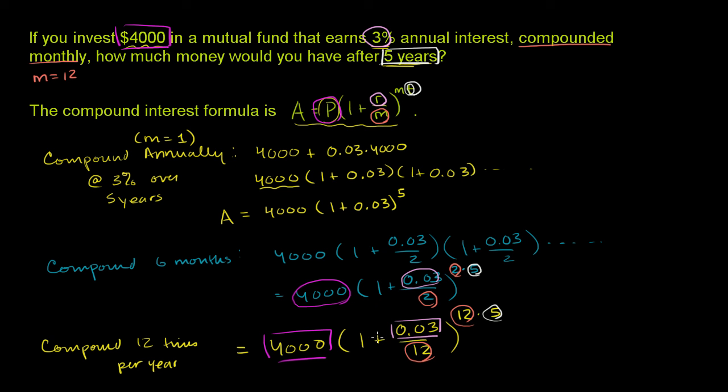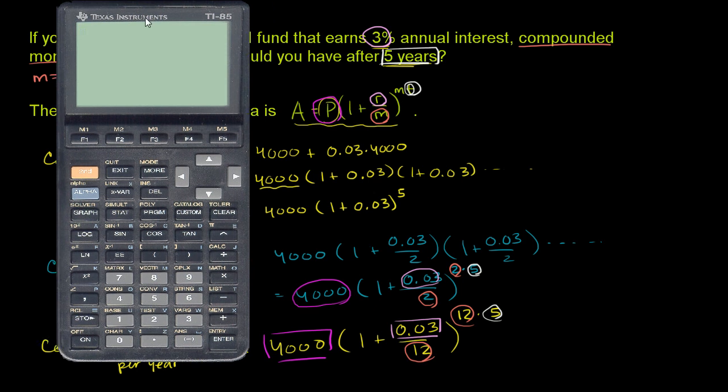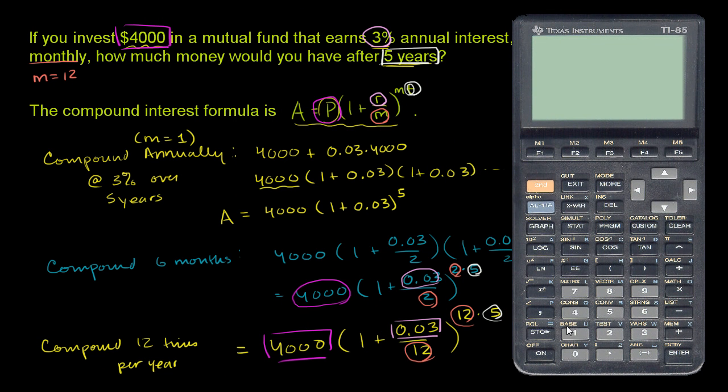And now we can just get a calculator out to actually evaluate this. Let's see, got my trusty TI-85 out. We're going to have $4,000 is what we're starting with, times 1 plus 0.03 divided by 12. So that's how much we're going to compound every month. And then all of that to the 12 times 5 power. Let me make it clear that we want to do the order of operations. So let me insert a multiplication sign, and then raise everything in parentheses to the 12 times 5 power, or to the 60th